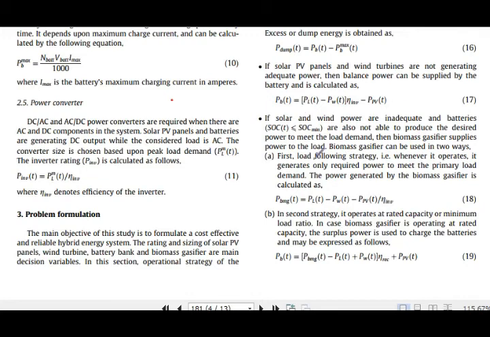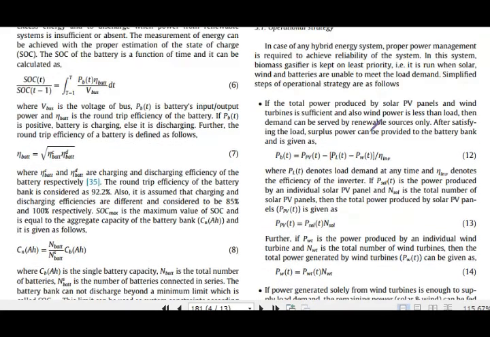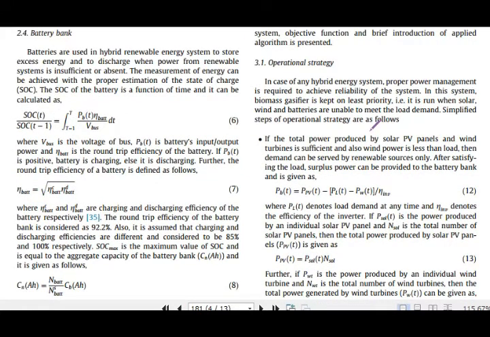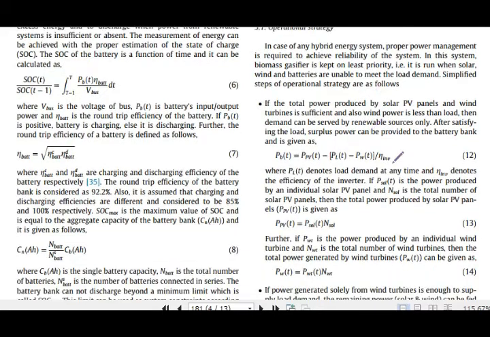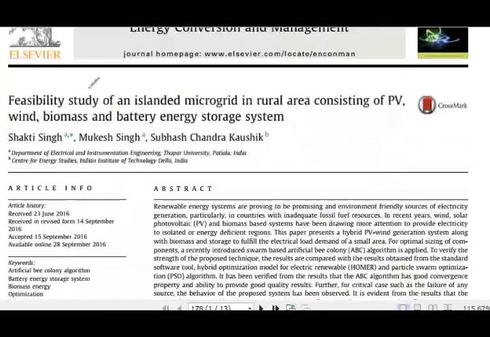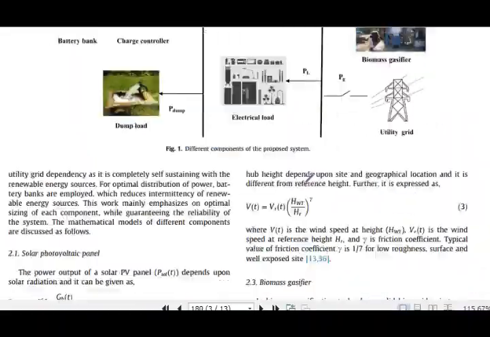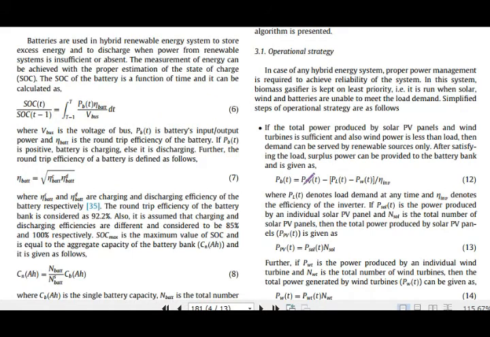So these are the equations of an operational strategy optimization technique of this hybrid renewable energy system. These equations for this time may not be clear to you, so I am requesting you to please first read this research paper with this title. So please first go through this research paper, then see this lecture, and you don't need to worry, because we